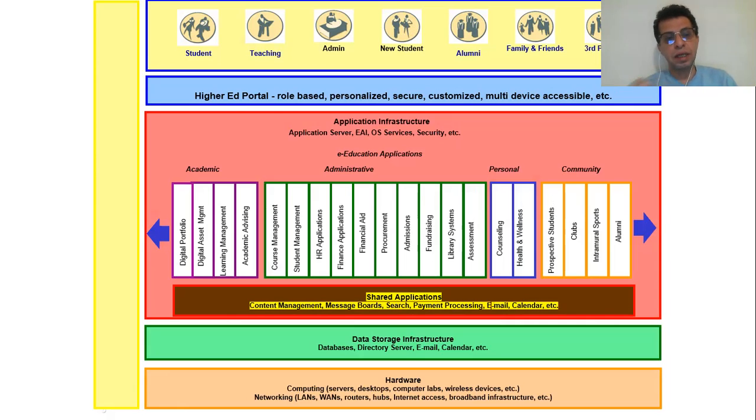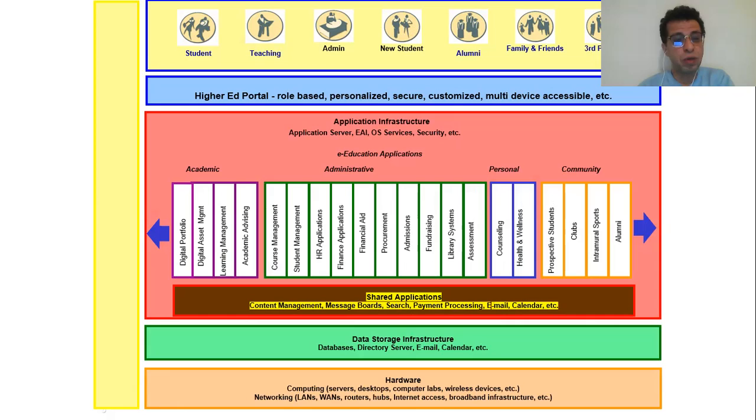And the assessment, we said, is like whether you need 60% to pass, or 50% to pass, or a 92 for an A. It is the assessment that involves taking a test, assignment, entering the marks, and all these things. And then you have the personal, and probably some counseling applications that help you find where is what or who's supposed to be called in this case, and then the health and wellness.